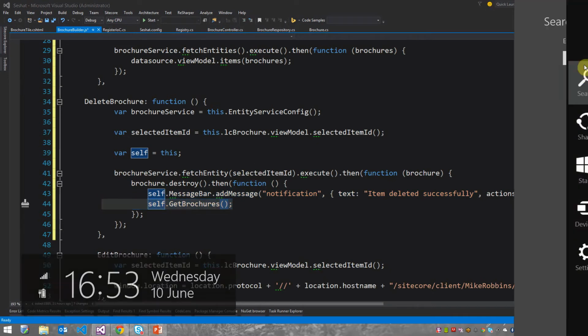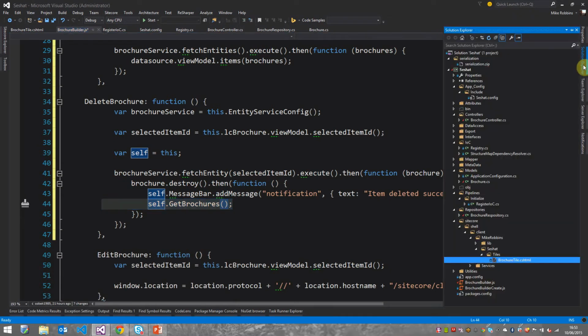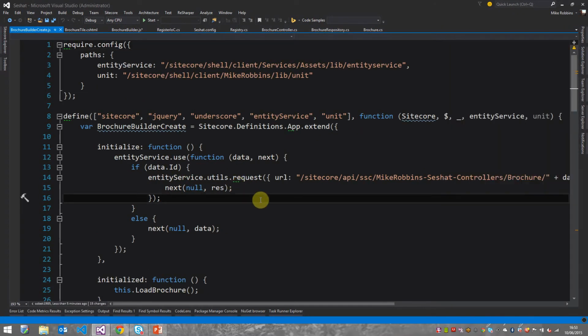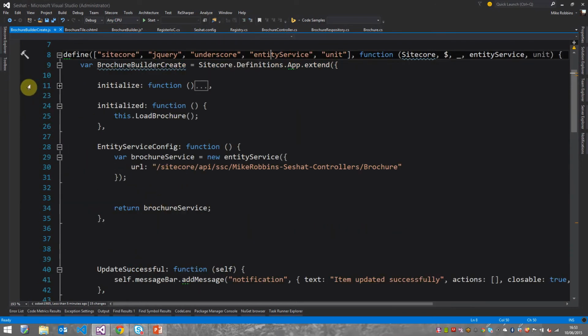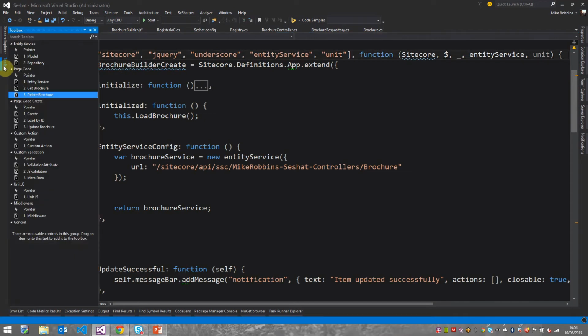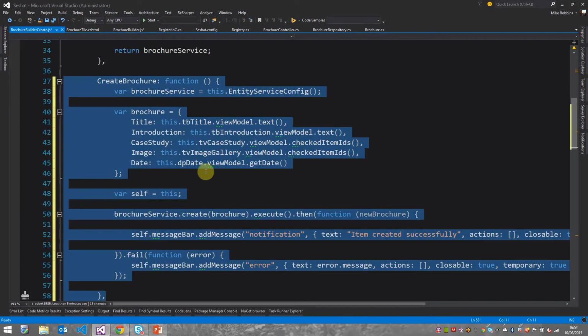Let's jump into our second page code. In here, this works pretty much the same. We're requiring that entity service and creating an instance of it, or using it, sorry. What we want to do now is allow us to create an entity. So when the users fill this form in and press the save button, we want to create that instance in our Sitecore repository. If I pull this bit of code in, again, we're creating an instance of entity